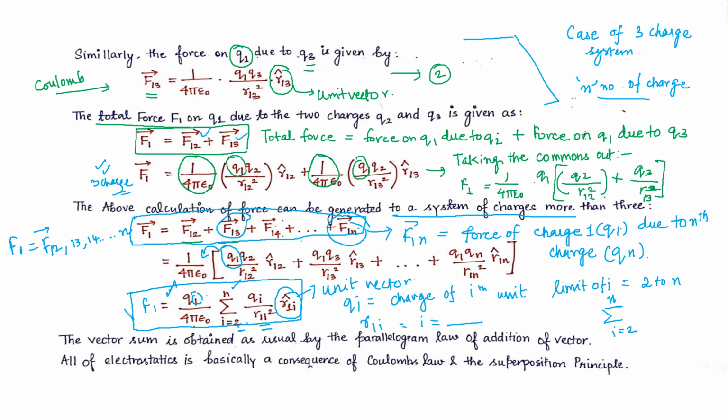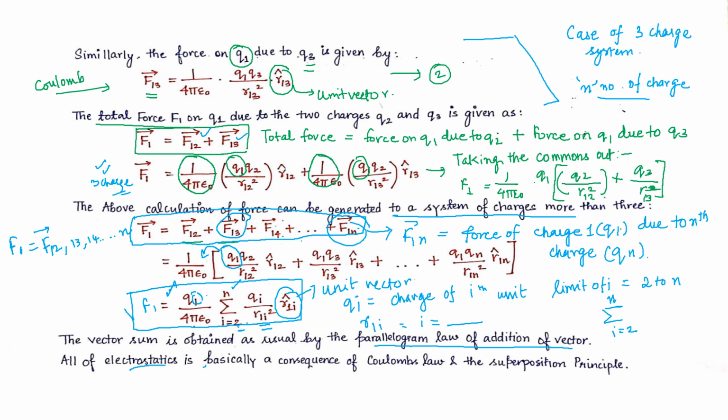The vector sum is obtained as usual by the parallelogram law of addition of vectors. Whenever we are dealing with vectors and have a number of components to add up, we use the parallelogram law of addition. Similar to mechanical forces, electrostatic forces can also be added using vector laws, and the specific law used here is the parallelogram law of addition of vectors. And all of these